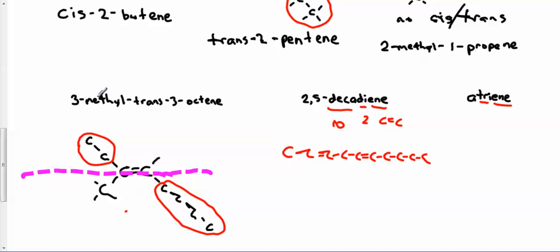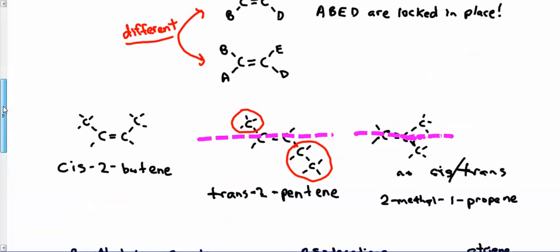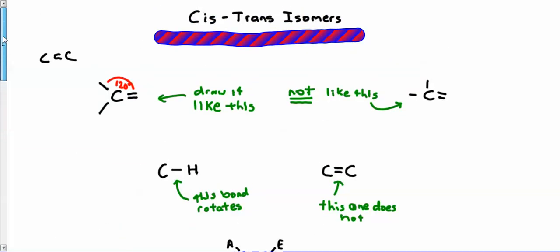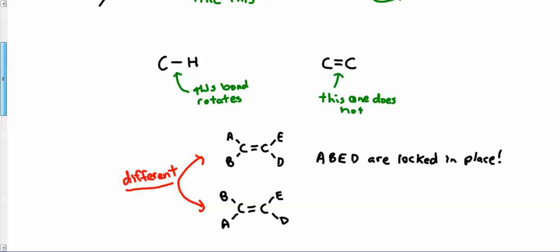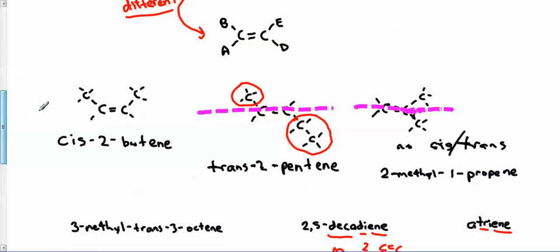And so that's our video on cis-trans isomers. Please draw them at 120 degrees. And cis is when the big group on each carbon is pointing on the same side. Trans when the big group is one up and